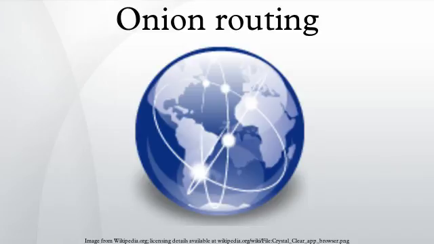After the Naval Research Laboratory released the code for Tor under a free license, Dingledine, Mathewson and five others founded the Tor Project as a non-profit organization in 2006, with the financial support of the Electronic Frontier Foundation and several other organizations. Data structure. An onion is the data structure formed by wrapping a message with successive layers of encryption